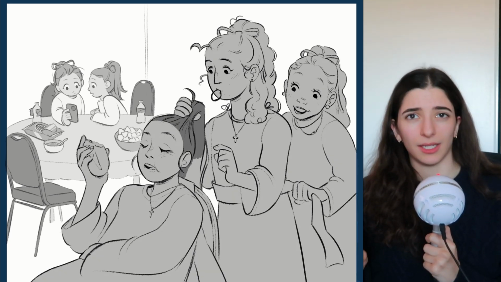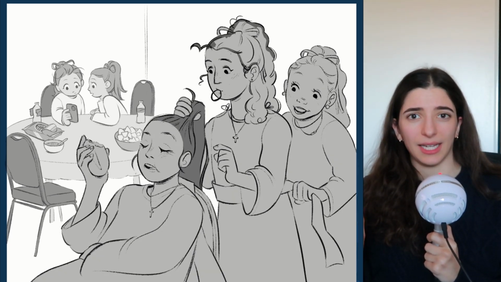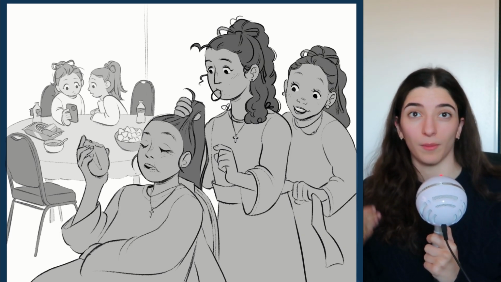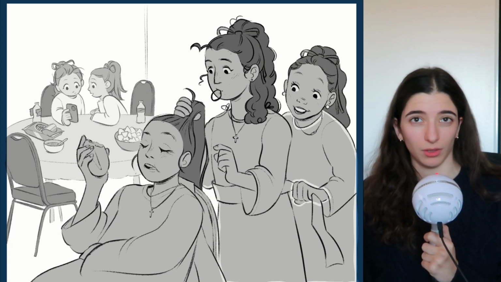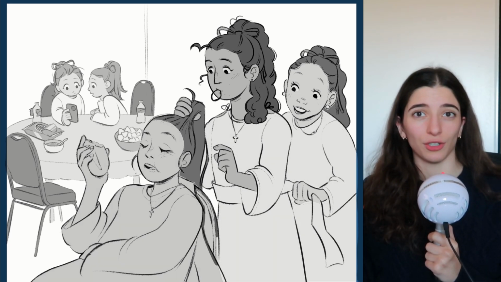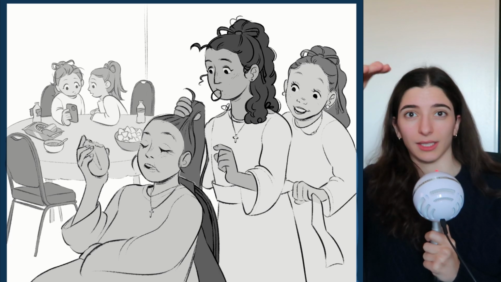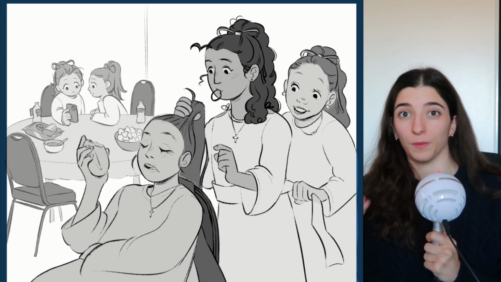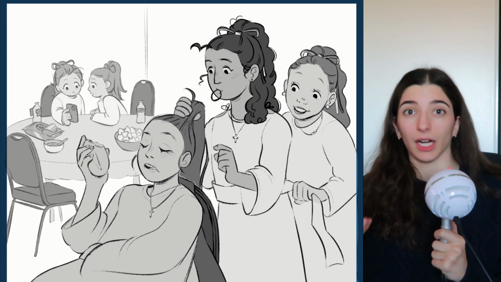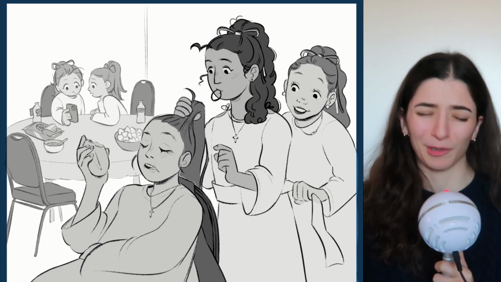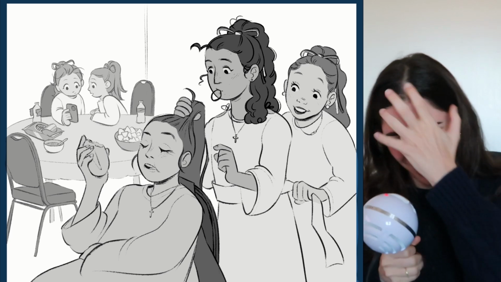There was a kind of balance I needed to strike here where I needed the front three girls to stand out enough from the background, two girls in the table, so that you could tell that there was depth there. How I did that was I made sure that the darkest darks to the lightest lights, that range was a lot bigger in the foreground. So the chair is like dark. Their hair is a dark brown. They're not brown. They're gray. They were supposed to be brown. It was supposed to be brown hair.